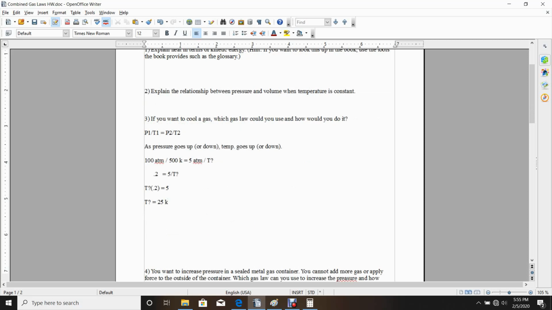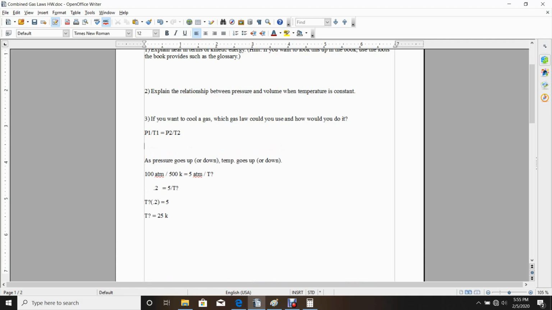It looks like when we dramatically decrease the pressure, it dramatically decreased the temperature. And that's consistent with what Gay-Lussac's law tells us, that pressure and temperature are directly related. So if we wanted to cool a gas, we would use this law. And what would we do? I'm just going to call it GL law. Using the GL law,